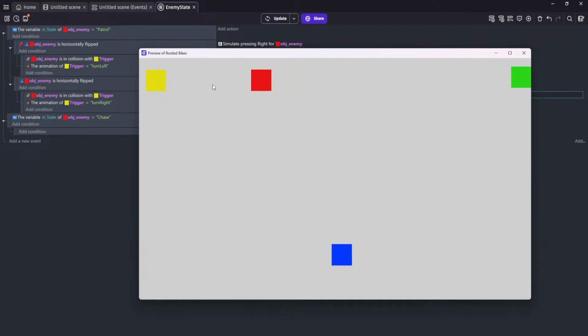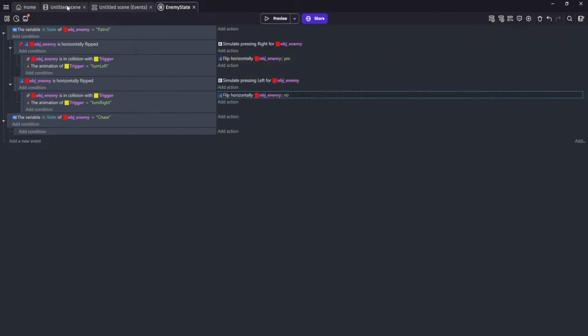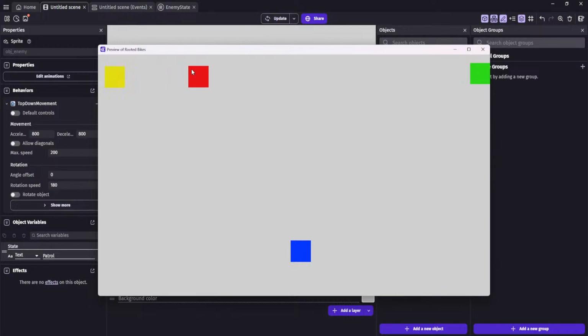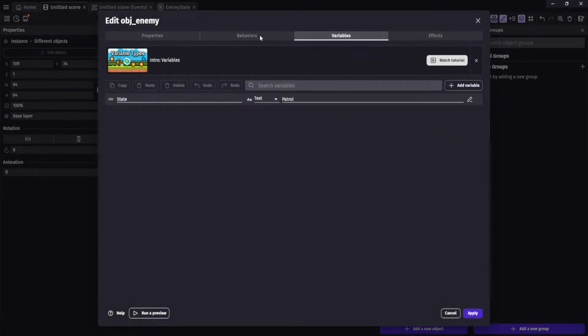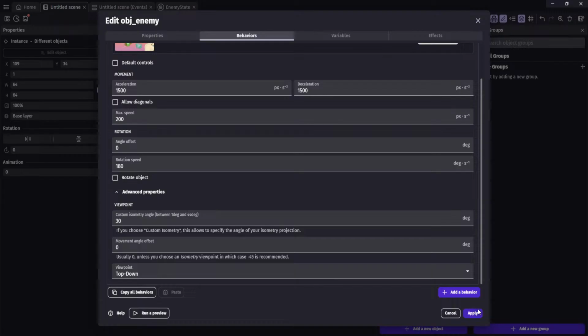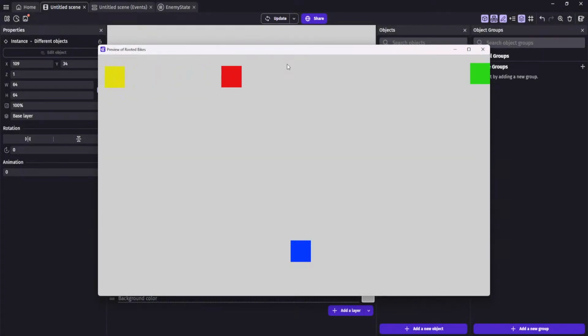Because there's acceleration and deacceleration, we need to accelerate them and then deaccelerate. So if you have characters that are sliding, the way you fix that is by going into your object, going into your behavior, and here we have a slower acceleration than we do deacceleration. Change those to the same, and now it'll be immediate because there's no speed going fast and no speed going slow. If you want it to be stronger, up the number, like 1500 to 1500. It doesn't really matter what the max speed is or anything else. Watch it again, and now it's going so fast that because of the acceleration and deacceleration, we should see it